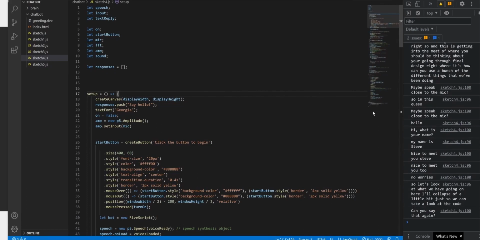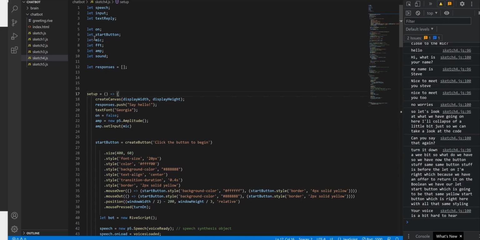Okay. So what do we have? We have now the button stuff, same button stuff as before, the let on, right? Because we have it off and then we turn it on as a Boolean. We have our let start button, which is going to be that same yellow start button, which is right here with all that same styling. You can see the same from Module